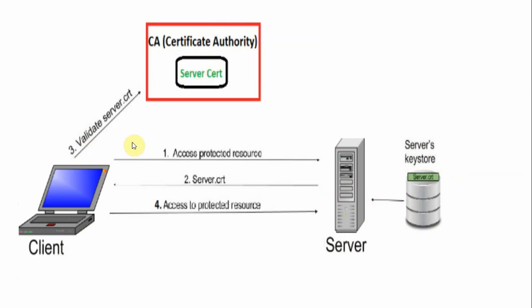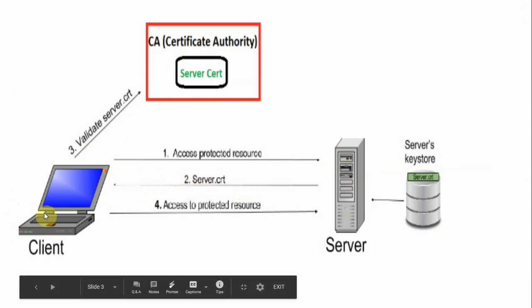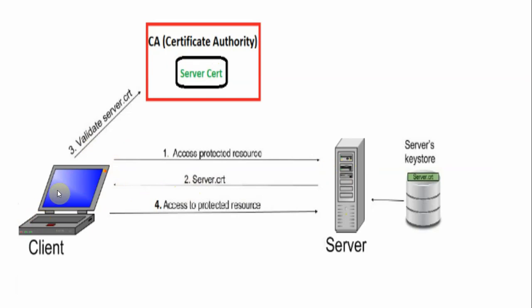Basically, a client will initiate the request to our server saying hello, and it will also present some cipher suites supported by the client. Once the server receives the hello, the server will send a hello back to the client with the server public certificate. And now the client will verify the public certificate with the trust store. So this is the trust store of the client.